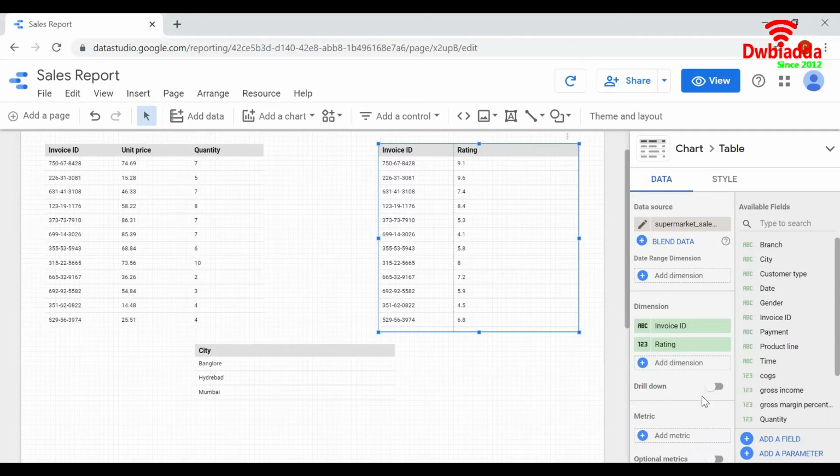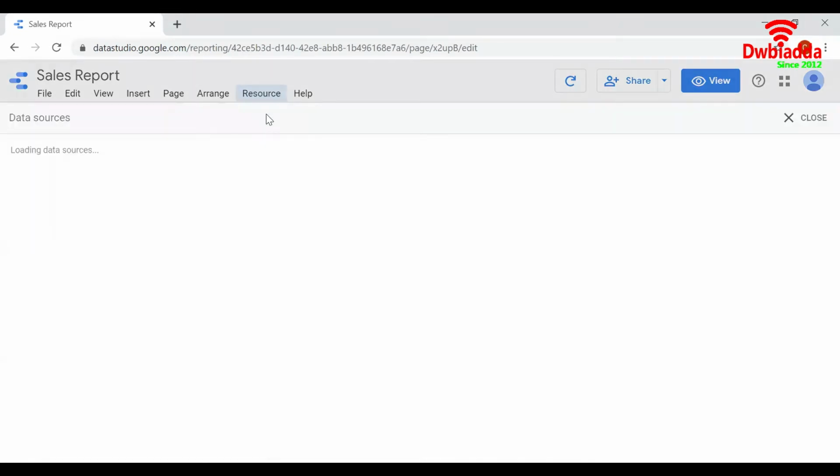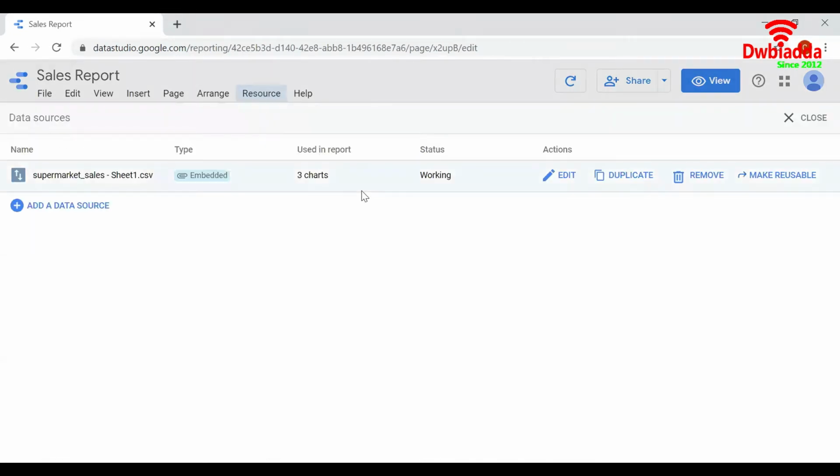In order to do that, click on add a field here directly, or you can also go to resources, manage added resources. This is the data source that I've added to this particular report, and click on edit.